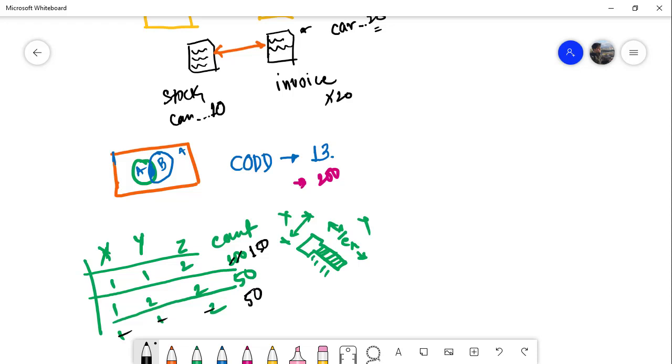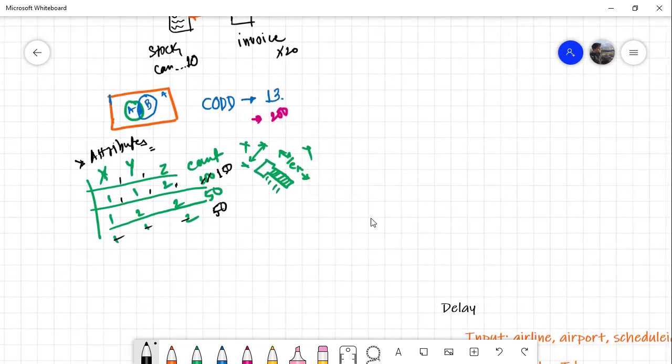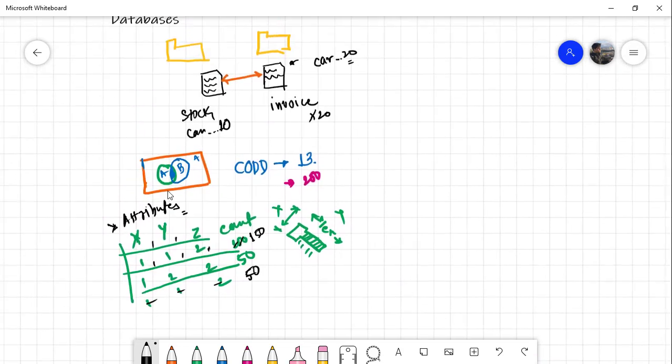And then the information that we track, like the size, the length, and the pitch and the count, are called the attributes. Now, there are two types of attributes. One attribute identifies the item or provides the quality of that particular item. But then a combination of these particular attributes, like 1, 1, and 2, becomes what we call today the primary key. Now, the reason primary keys are important,